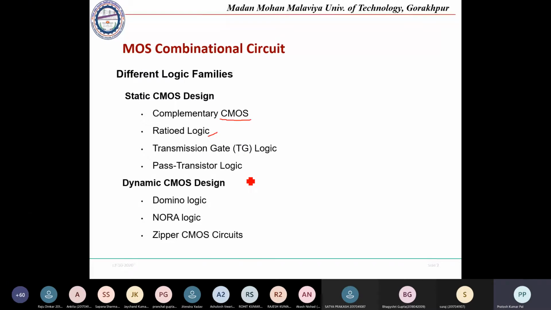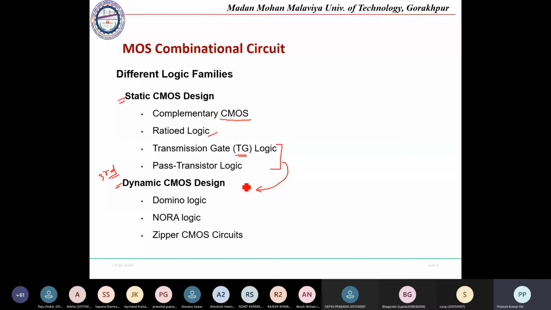Okay, so these are coming out to be static CMOS circuits. Similarly, we will be dealing with the dynamic CMOS circuits. These dynamic CMOS circuits we will be dealing with in the third unit. In the third unit we will start with the dynamic one, and these two parts, transmission gate and pass transistors, will also be dealt with in the third unit only. We will be taking some basic introduction of transmission gate and pass transistor, and the transmission gate will be analyzed more in the third unit.